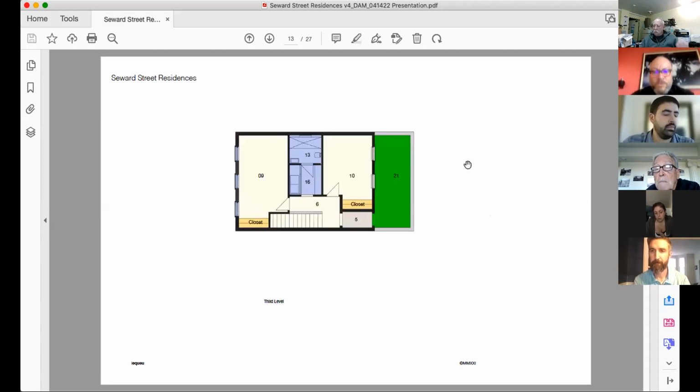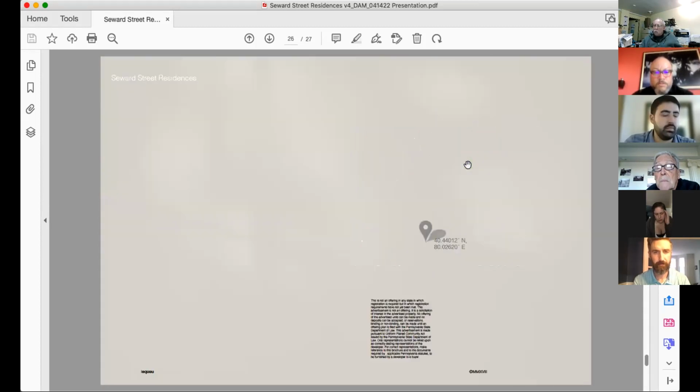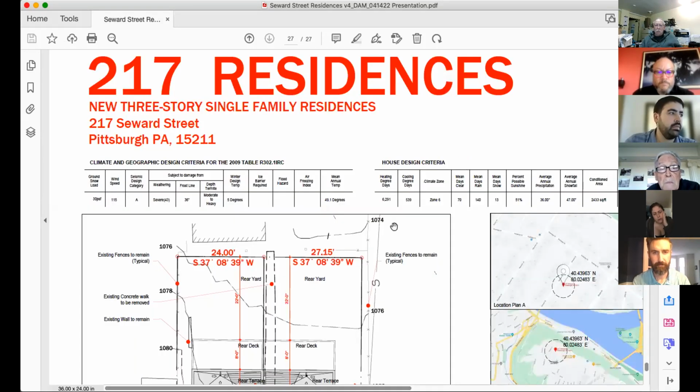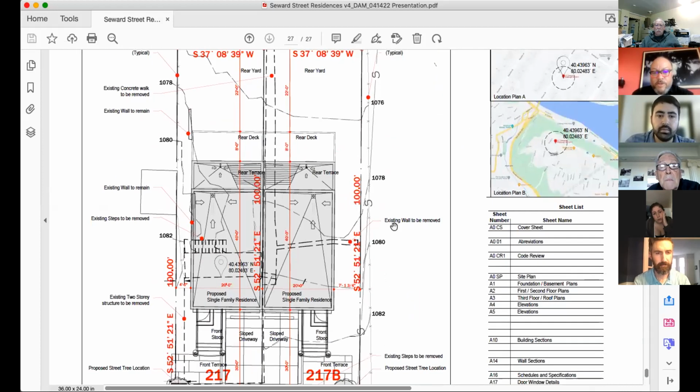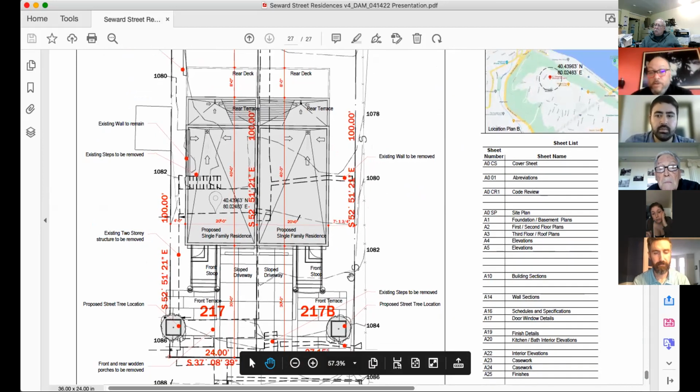So the actual setback is 30 feet. Oh, no, height-wise, we're under 40 feet.